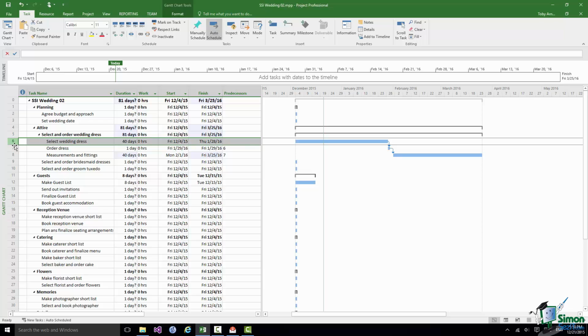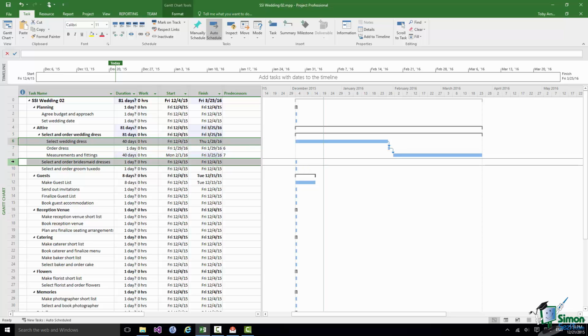order the bridesmaid dresses. Now in reality, not only would select and order bridesmaid dresses itself be broken down into subtasks, but even some of those subtasks would probably be broken down further. So for instance, measurements and fittings will probably be broken down into 2 or 3 subtasks. But let's stick with the level of detail that we've got. Let's establish that link